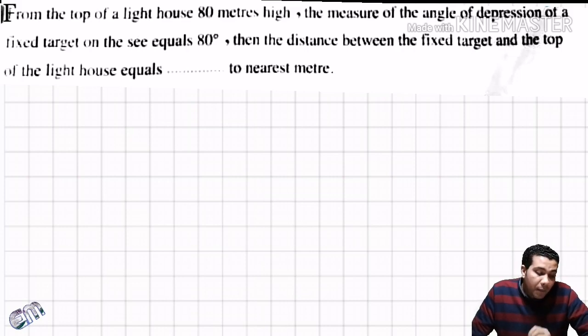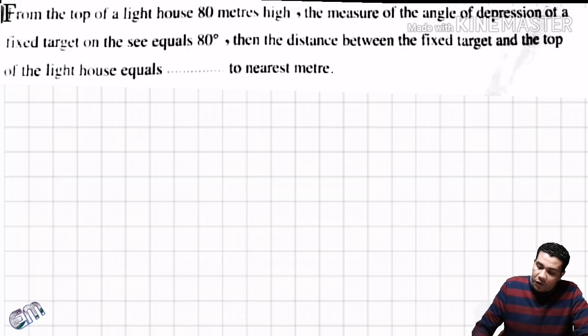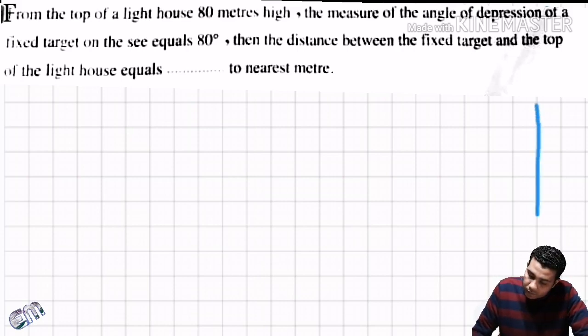Okay. Trig lesson 4, the angles of elevation and depression. From the top of the lighthouse, 80 meter high, if the measure of the angle of depression of the fixed target on the sea level equals 80, then find the distance between the fixed target and the top of the lighthouse to the nearest meter. If we draw the lighthouse,